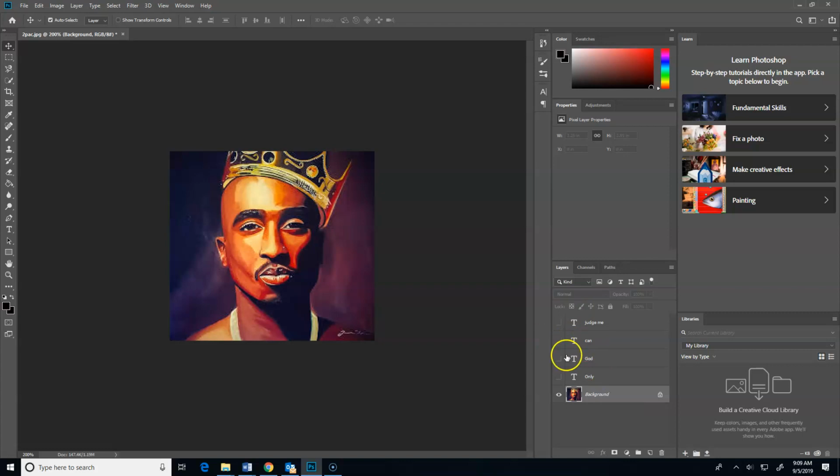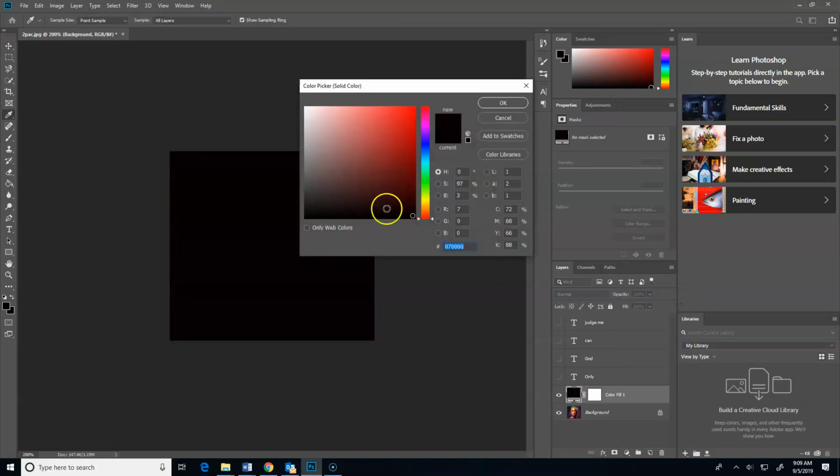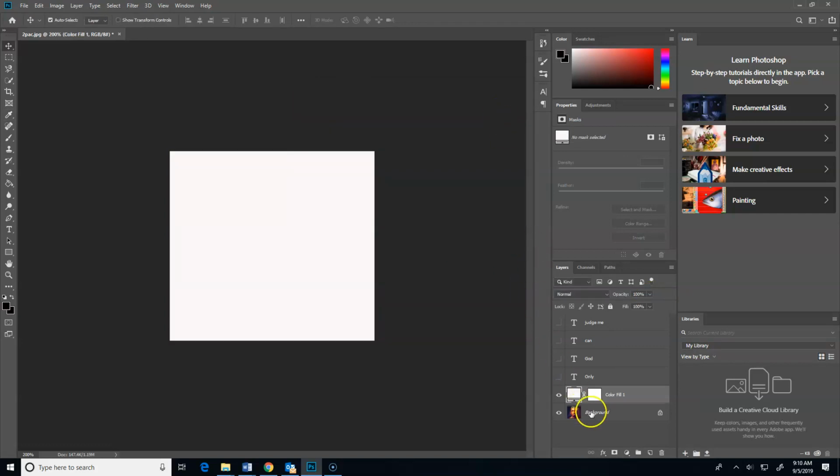But to save time, I already put in some of my font, and then I've just hidden it. So what I'm going to do now is click on the background. I'm going to come down here to the adjustment layer, and go to solid color. Again, remember, you want to use black for your font. I'm going to come up here and click white, click OK, and now you can see I've created this little